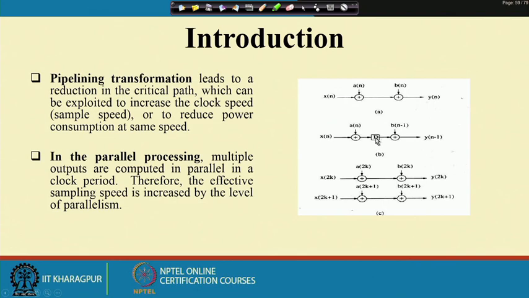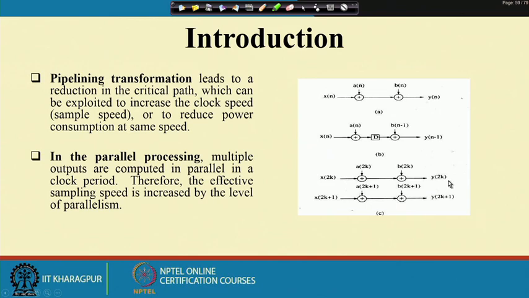This D is nothing but a resistor, so we can ignore those delays, and that is why we can say that 1 nanosecond is the delay for this particular circuit. Now, what we are doing in the parallel processing, these two particular elements I have copied.